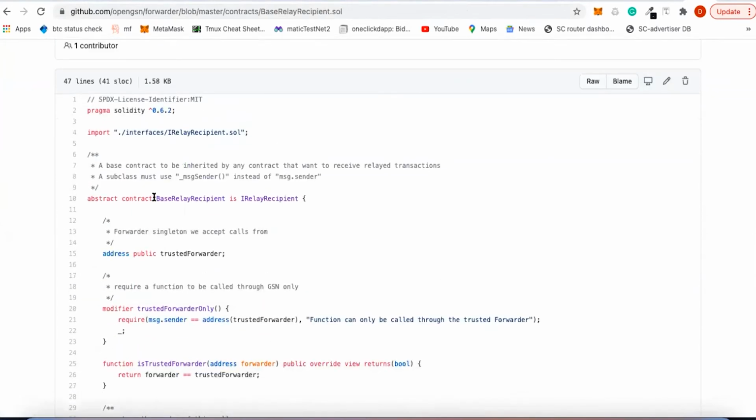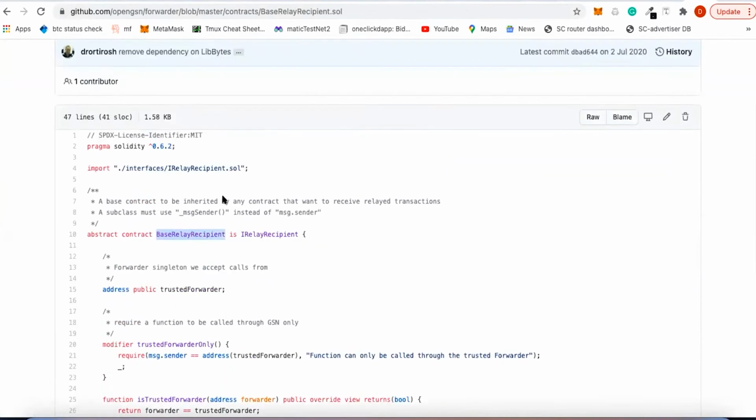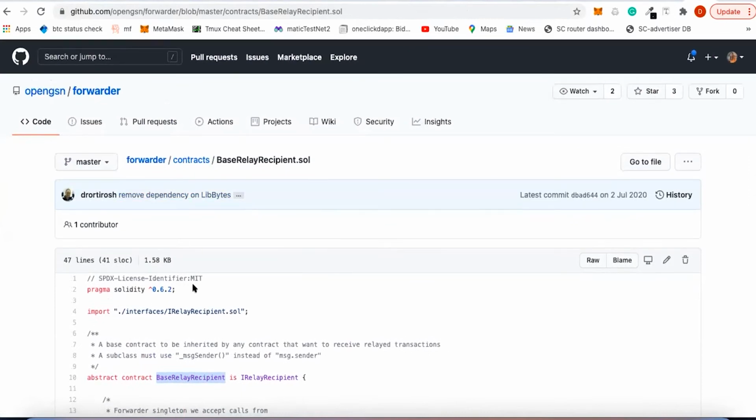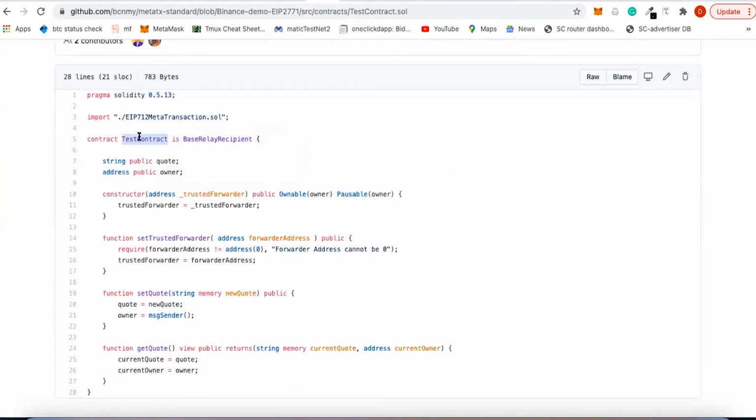So this is the base relay recipient contract, which is made by the community to enable native meta transactions in a more secure way, right? This is already audited by the community, so we can trustlessly and trustfully, obviously, inherit this in our contract. Basically, this is your deed contract.